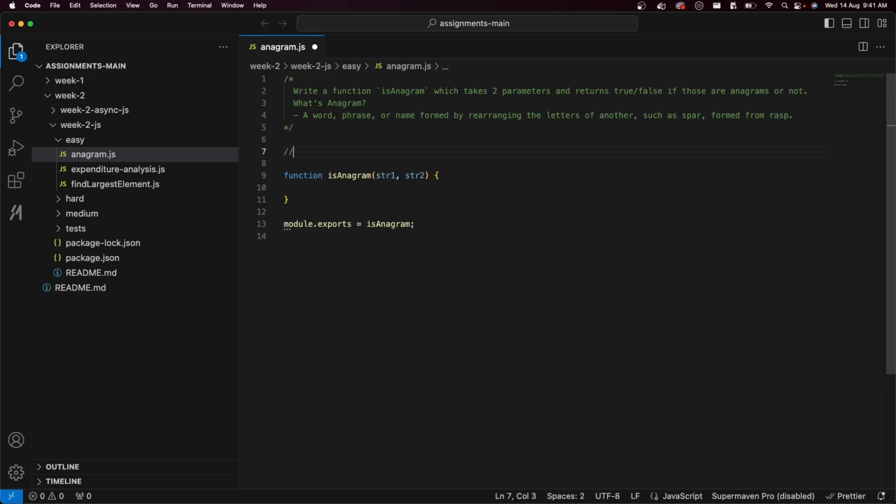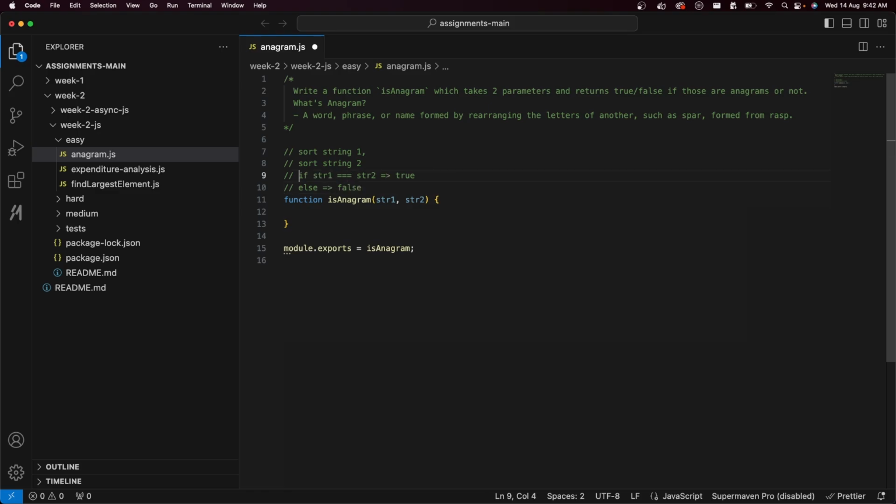So what is another good example of anagram? AAB and BAA. These are anagrams. AABBCC, CCABAB. These are anagrams. So if the frequency of letters is the same in both the arguments, you return true, else you return false. Can you guess how to solve it? There are various ways. One way is, you sort string 1, then you sort string 2, and then you return if str1 equal to str2, then you return true, else you return